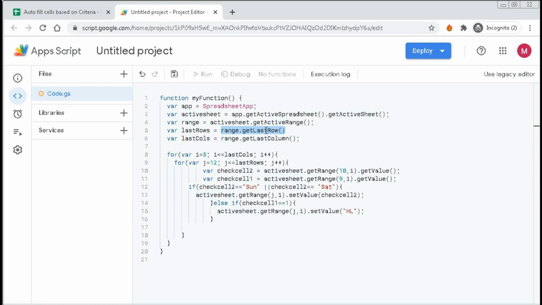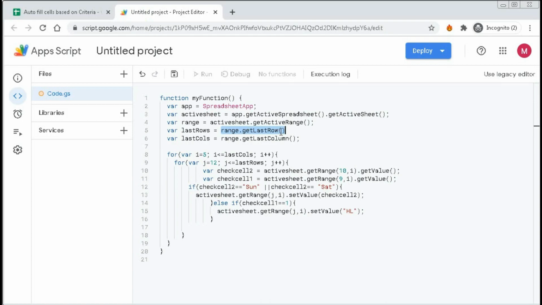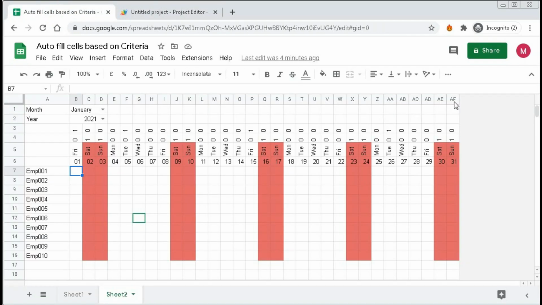This will give us a value. That means our last row is 16. And for the last column, range dot getLastColumn. This will also give a numeric value, that is up to AF.